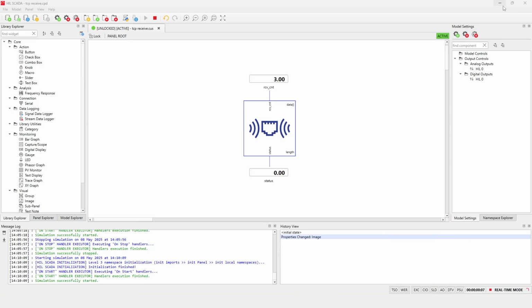Now, in the SCADA panel, we are able to follow the number of messages received since the simulation has started, and how many messages have not been sent for any reason. If your application requires communication with clients and servers on different local send-receive ports, you can achieve this by including multiple instances of TCP send and TCP receive components.